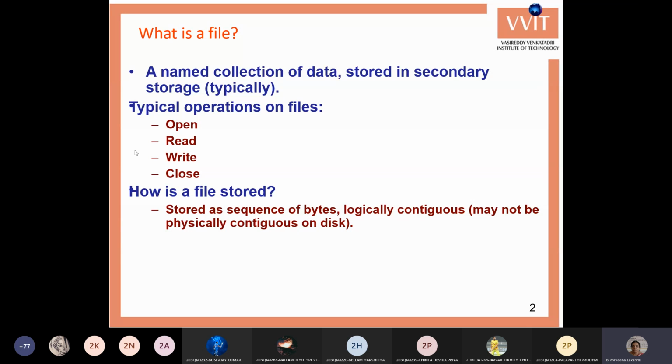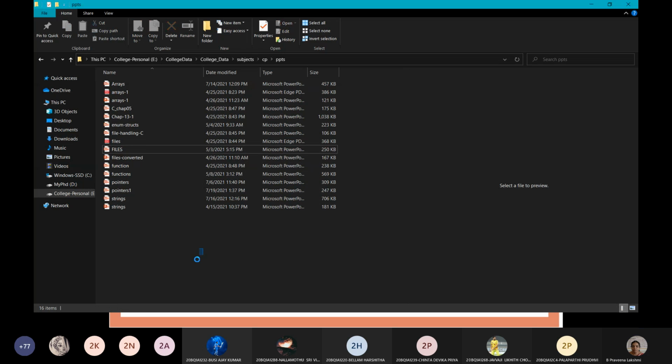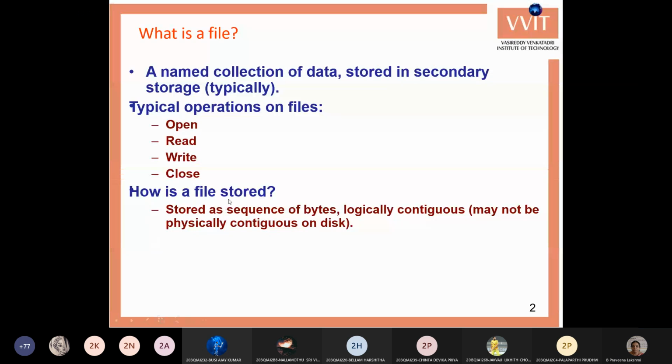Whenever you require that file again, say for example after 2 days I want to see that program, then again you open the same CodeBlocks window, go to the file menu, select open and select the file name, and your data will be displayed in the window. Okay, this is the same process that we do in the files concept. This files concept is especially required whenever you want to work with the data of the program. Whenever you are executing the program, you give the data to the program.